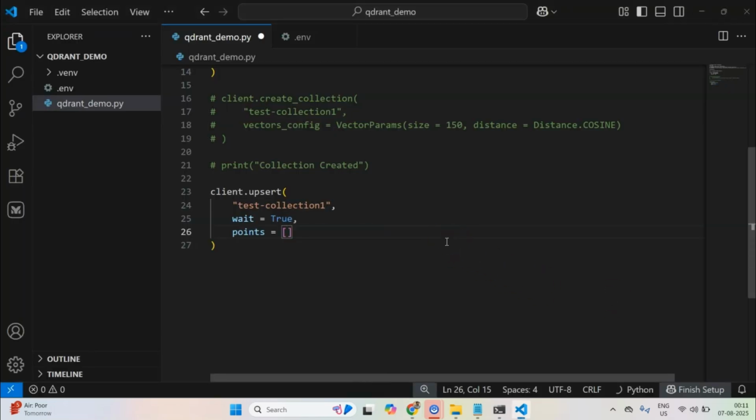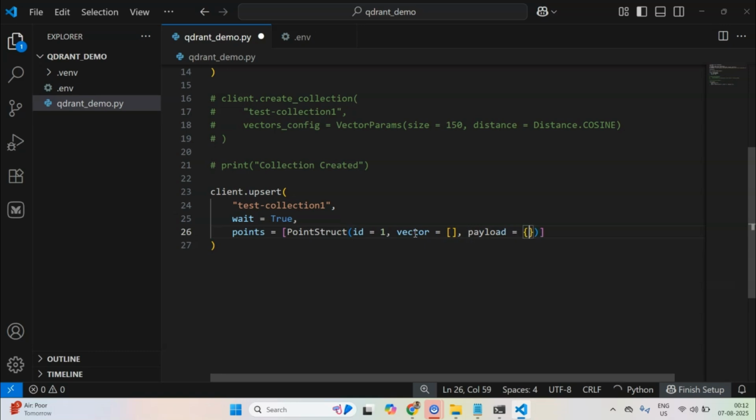So let's insert one point first. PointStruct, and this will have an id which would be 1, and a vector, which is basically the actual vector which will be stored, and this will be a list, and then there will be another argument which is going to be payload.